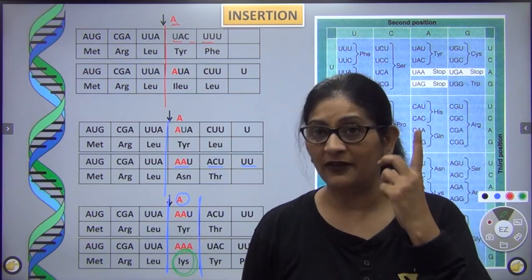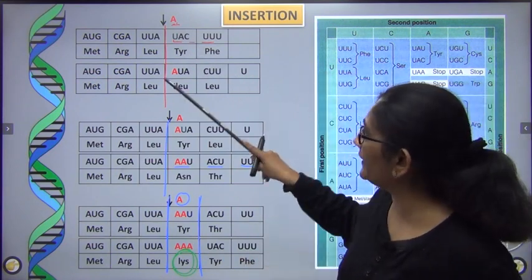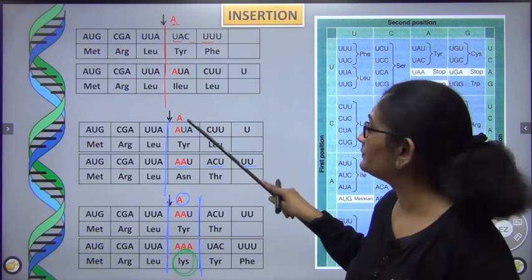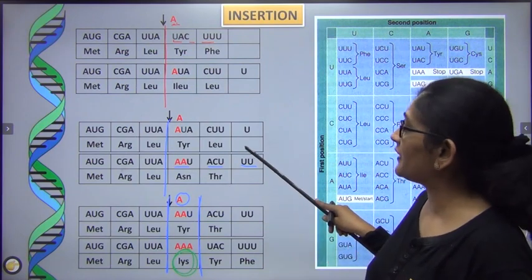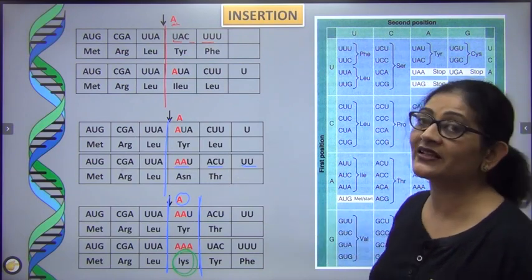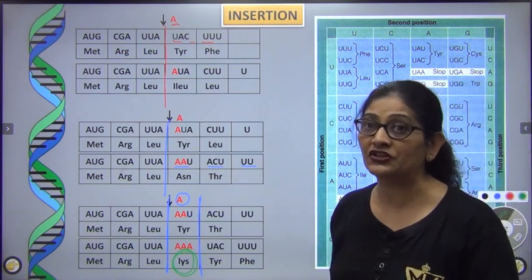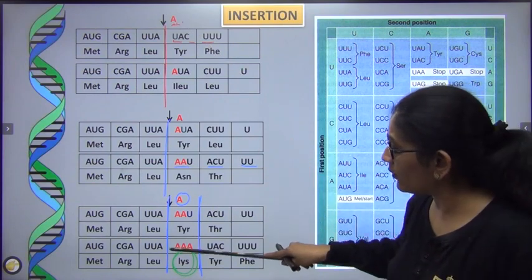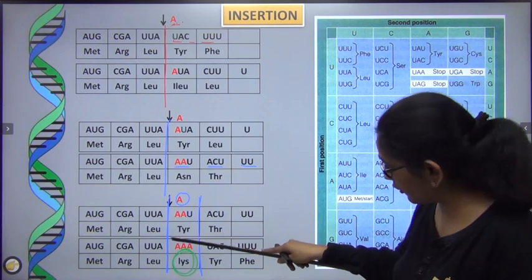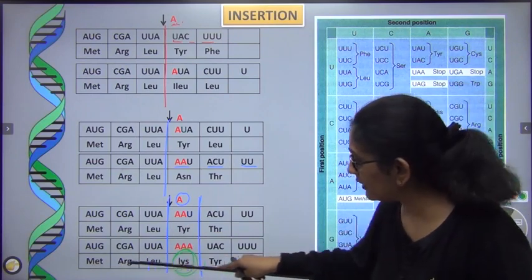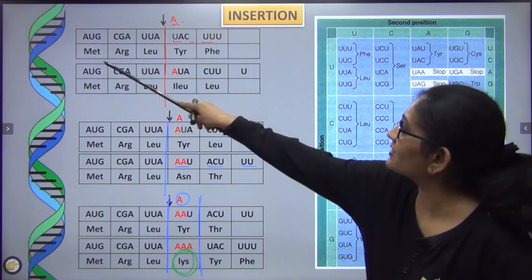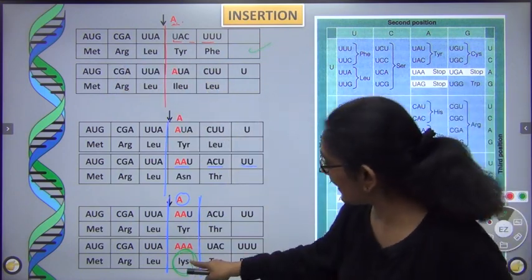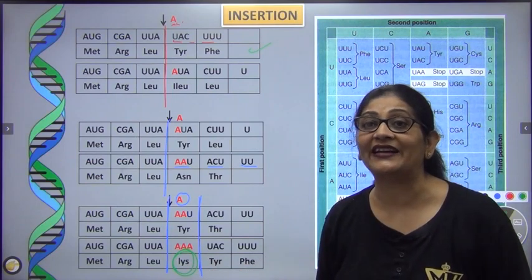3. If we added one nucleotide, the frame shifted and all the amino acids after that changed. When I added 2, again the frame shifted and all the amino acids from the point of insertion changed. But the moment I added 3 nucleotides AAA, of course the frame shifted, but the new amino acids were the same as the original one. It was the same as the original one, except only one amino acid was added here.